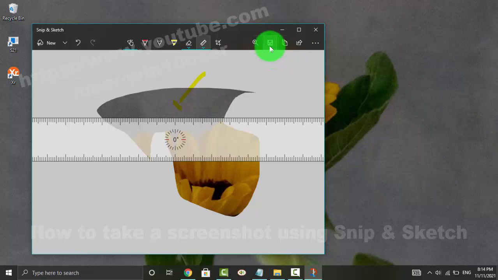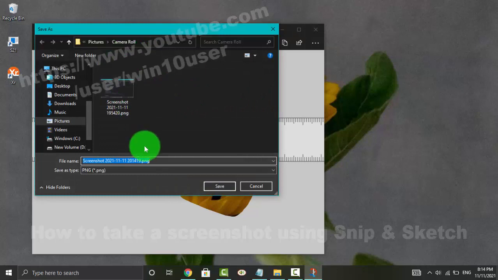If finished, you can select the save icon to save, and then you can enter your screenshot name and tap save, or you can also select a location to save your screenshot. Okay, select save